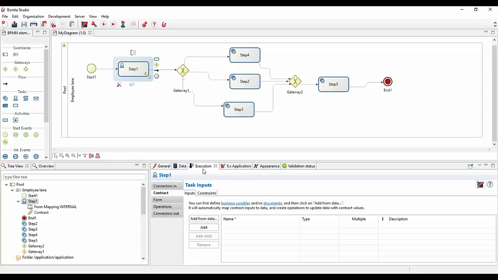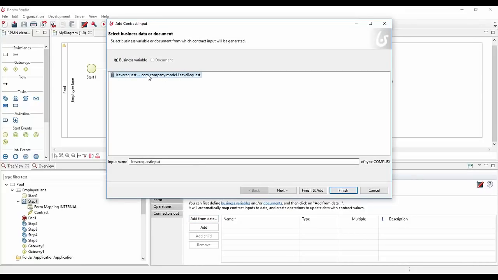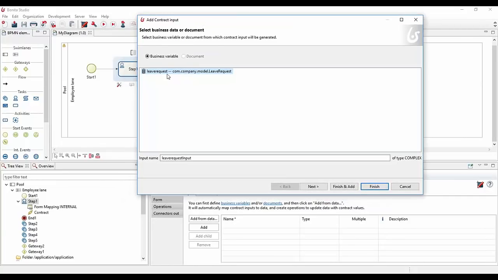Here, if I go to execution and contract, you can add from data. And this will be super helpful in order to generate the contract input that will be leveraged in order to edit the information on your business variable.